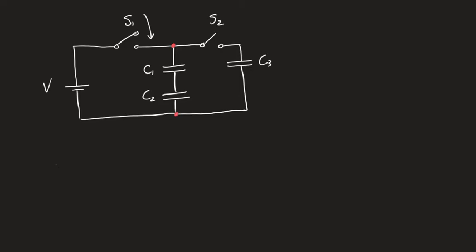So when I close switch 1, I complete a pathway that allows capacitor 1 and capacitor 2 to be connected to the potential difference. Even though a capacitor is technically an open circuit, we treat capacitors as if they are circuit elements where there is a closed loop from one side of our battery to the next. This should allow the transfer of charge from the bottom plate of capacitor 2 to the top plate of capacitor 1,